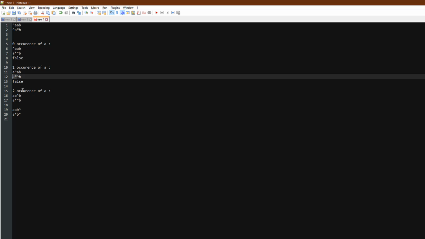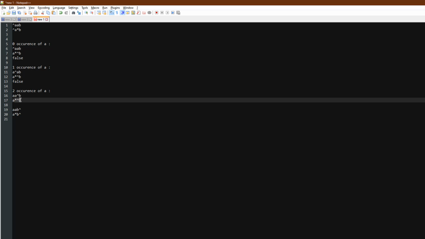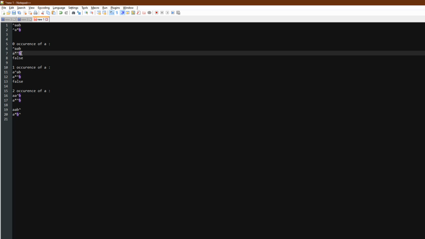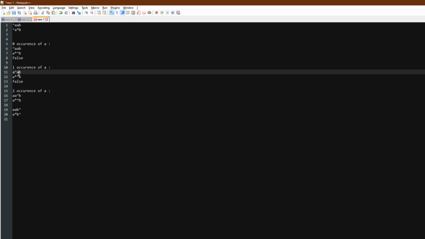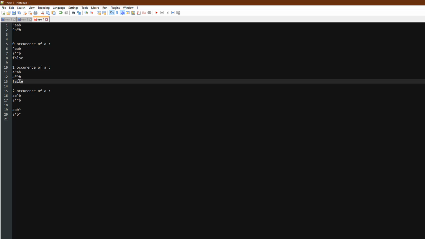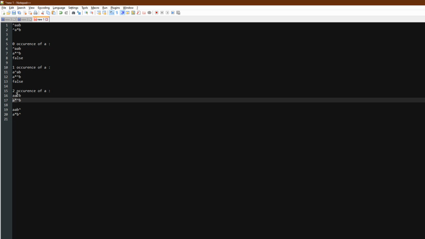Then for two occurrences of a that we consume in s, we again move similarly in p. In the first two cases the next character in s is a but the next character in p is b, so they won't match no matter what we do, so we will return false. In this case as well we have a in s and b in p, so this will also return false. But in this third case where we are consuming two occurrences of a for a star, the cursor will be here, and for this the cursor will be here.